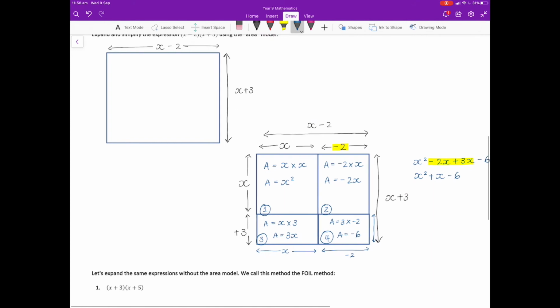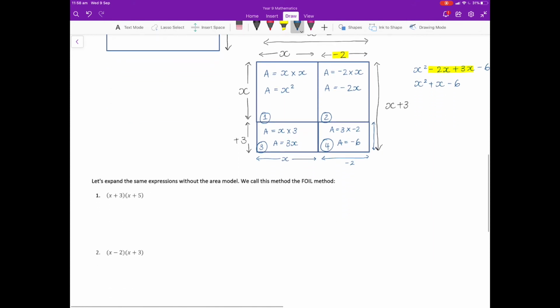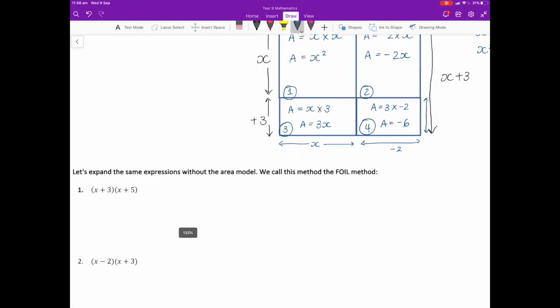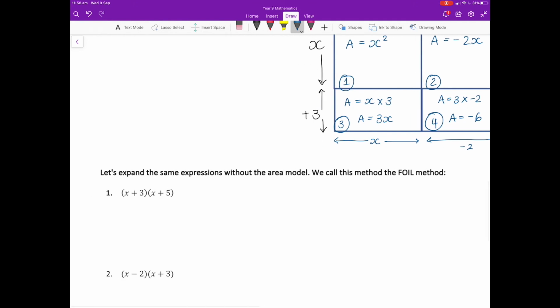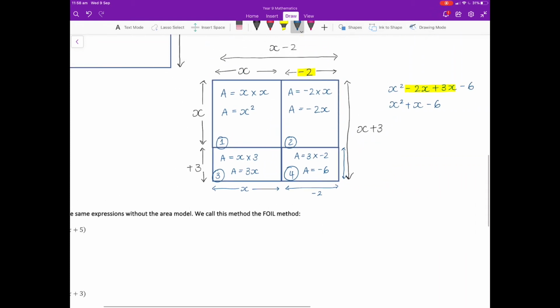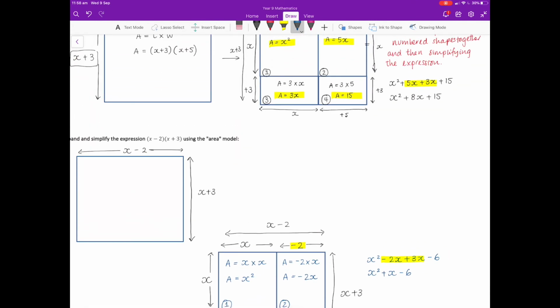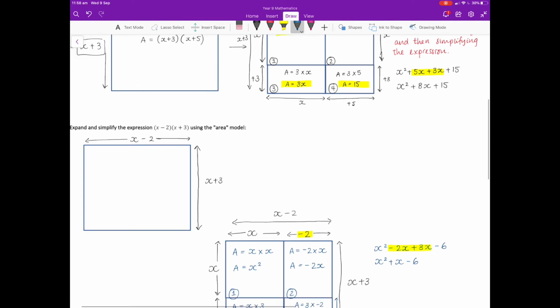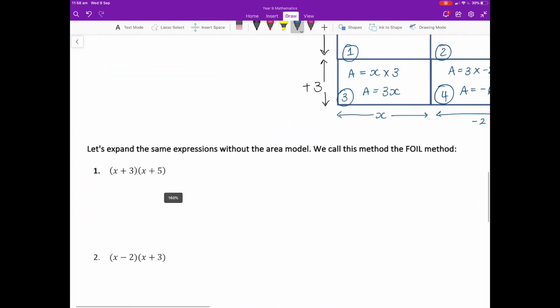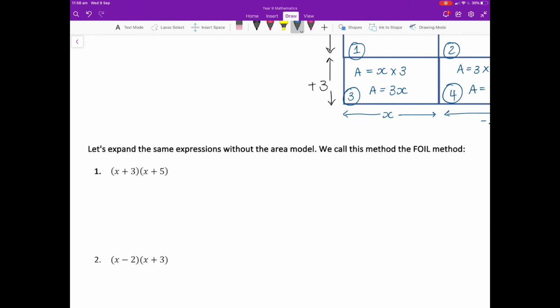Now let's have a go at expanding the exact same expressions, except this time we won't use the area model. We'll call it the FOIL method that we're going to apply. With the answers that we get for 1 and 2, they should be exactly the same as the solutions that we found using the area model. So recall that we got x squared plus 8x plus 15 for the first equation. Let's use our understanding of algebra, with no diagrams, and have a go at expanding this exact same